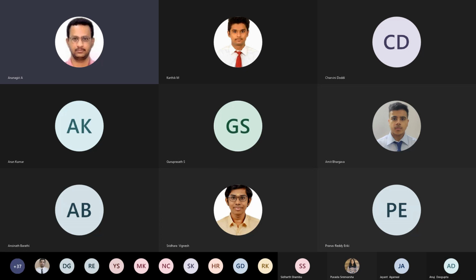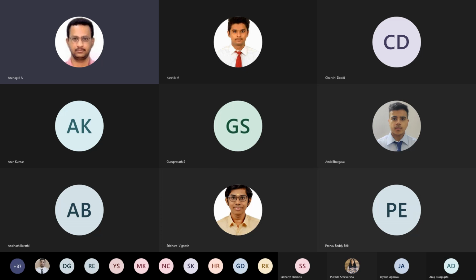In the next class we will see the design of condensers. For condensers we have 4 different arrangements: horizontal cell side, horizontal tube side, vertical cell side, and vertical tube side. Now we are complicating the system. Till now we have focused mainly on single phase flow, whether it's cell side or tube side. Now we will see what happens if there is more than one phase, and how the design can be done.